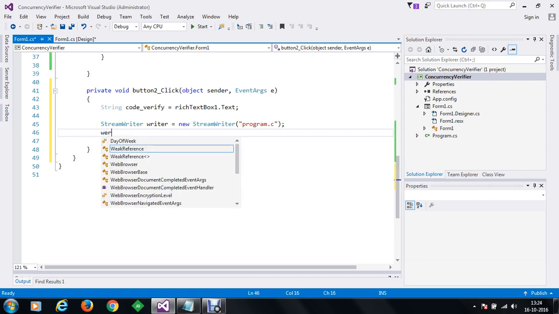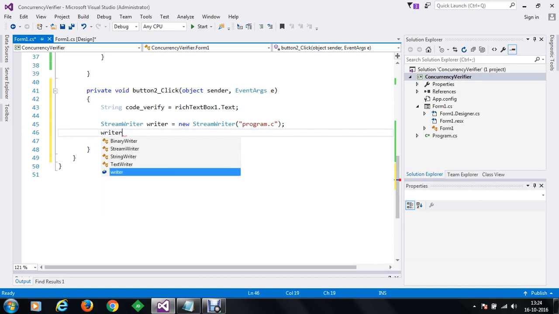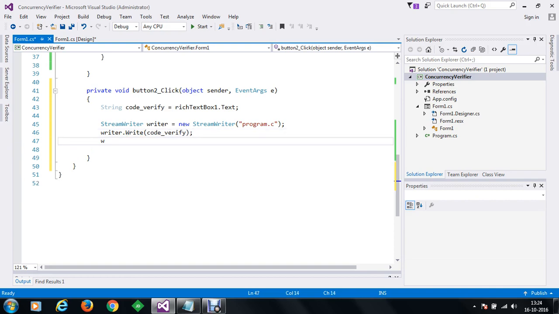Now using the writer object, we are going to write, and the data which we want to write within program.c will be my code to verify. So the value will be written, and I'm going to close the writer stream, writer.close. So now at the moment our program.c is ready.